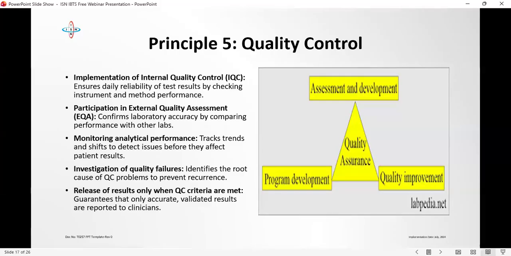Based on CLSI guideline, you need to map your tests in the laboratory based on the risk that they can cause to the patient. There are some tests that are very stable and some tests that are erratic, like alkaline phosphatase, like calcium. You run more controls on them as opposed to some, like enzymatic creatinine, like urea, like glucose. Those, depending on the method or on the instrument, are very, very stable, and no matter what you do, before you observe any aberration of clinical significance, it is very hard.